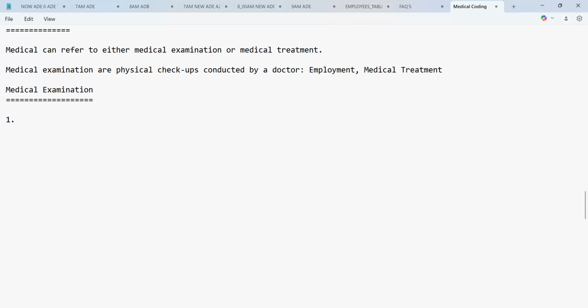The first one is for what, guys? Pre-employment. And the second one is for insurance. And the third one is specific